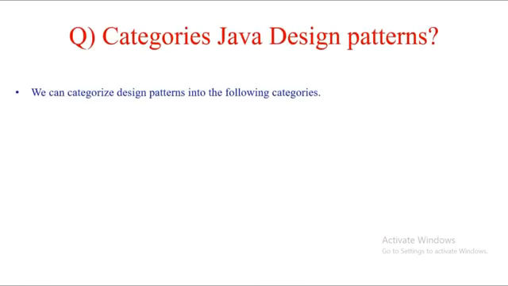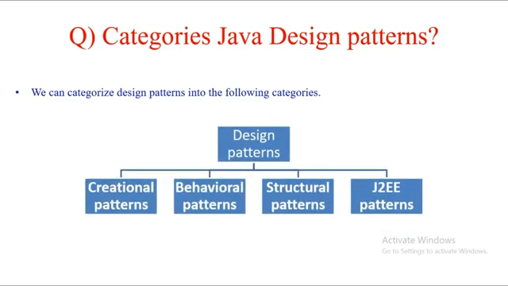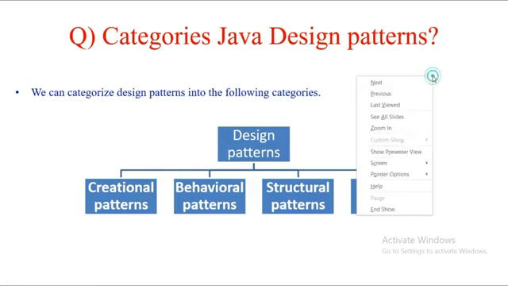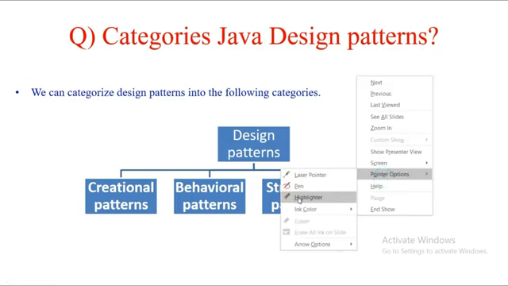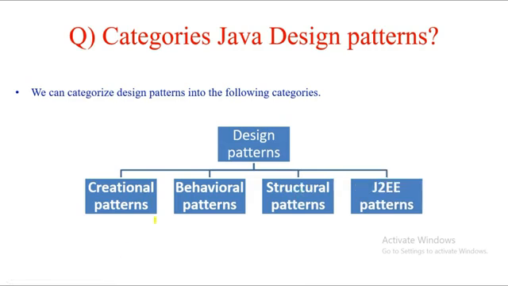The very first question that may arise to you is what are the categories of design patterns? So we can say that we can broadly categorize all the design patterns into four basic broad divisions. The first is creational design patterns, how the objects are created, behavioral design patterns, structural design patterns, and J2EE design